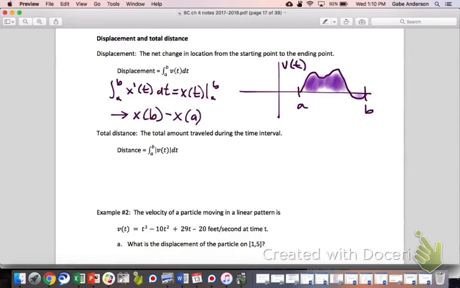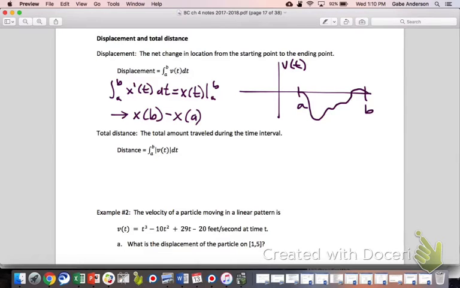And then, of course, if you had a velocity graph that looked like this, then your displacement in your position in the end really would be further to the left of where you started, because your displacement overall would be negative, because the area that's below is a lot bigger than the area that's above. Okay. And then to compare that with total distance traveled,